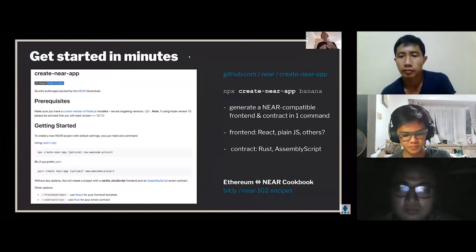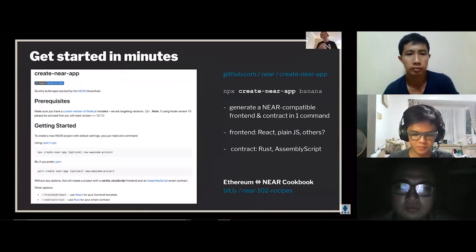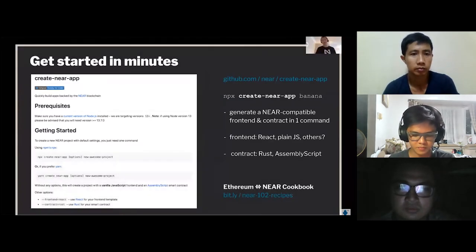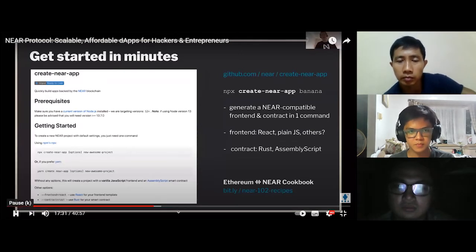So notice I'm not saying front end and back end. I'm saying front end and contract because the contract is effectively the enforcer of your business rules and your store of data. Although, of course, it is going to be slower and more expensive than a typical web-based database or Postgres or MySQL or whatever sort of backend you want to use, MongoDB, something like that.